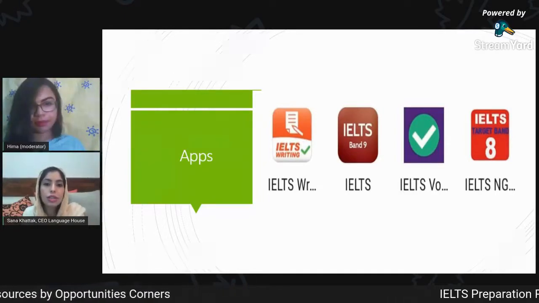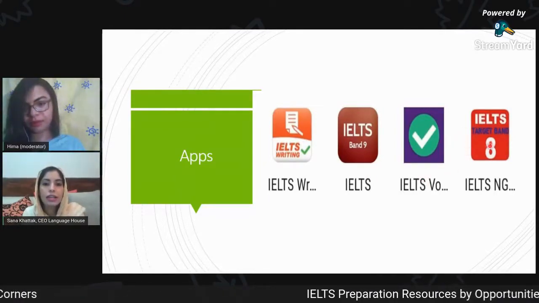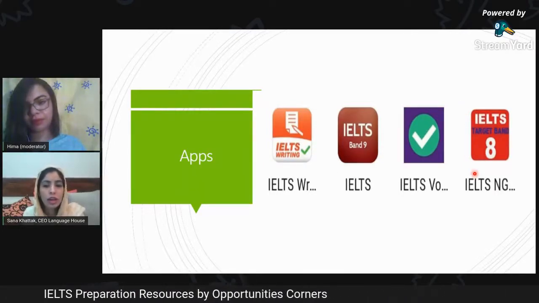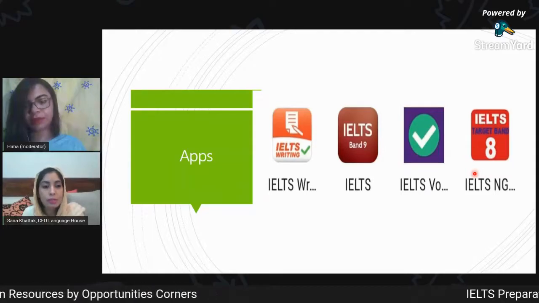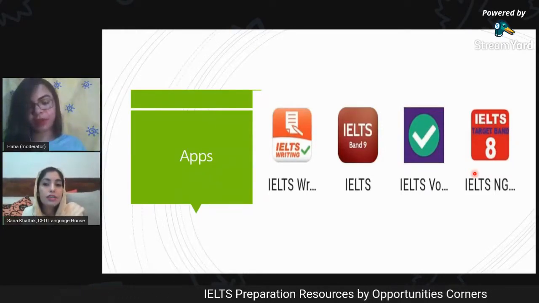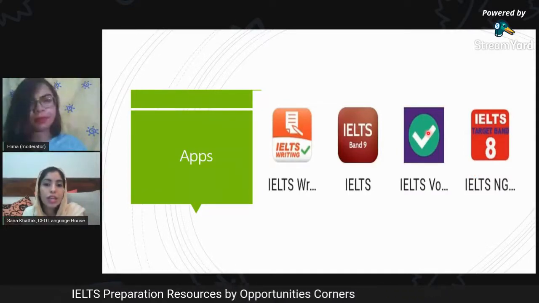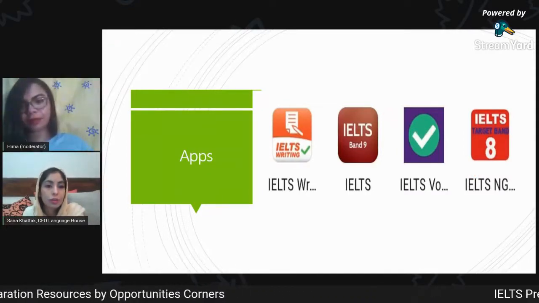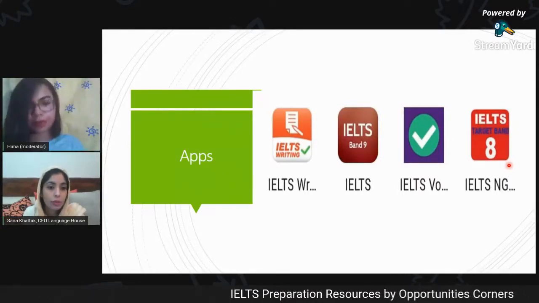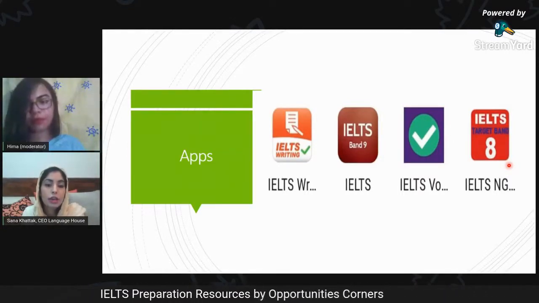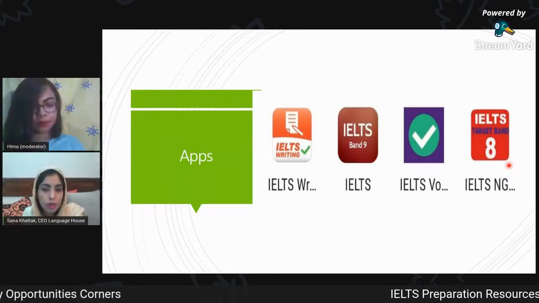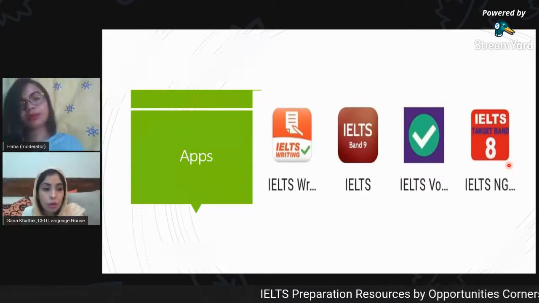Then the last one is my favorite, I think, IELTS Target Band 8, and that's by Nego Batch. Why is that app my favorite? Because it helps you in 3 modules. How? It has small, crisp interview kind of audios, which are also provided to you in written form, in the written script. So you can listen to those audios, you can also read those audios, you can use the vocabulary over there,